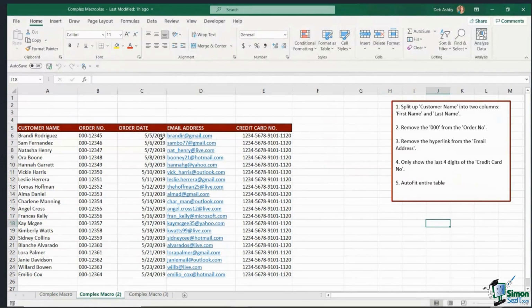Now let's take a look at what we want this macro to do. The first thing I want it to do is split up the customer name into 2 different columns, so first name and last name. Then I want it to remove the 3 zeros from the front of the order number. I then want it to remove the hyperlinks from the email addresses, and then I want it to only show the last 4 digits of the credit card number, and I want the rest of the credit card number to